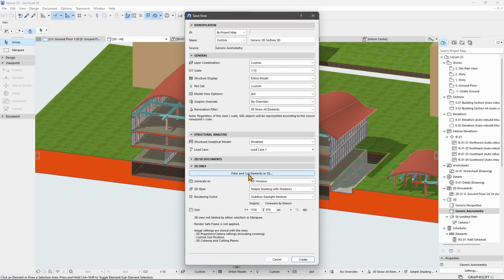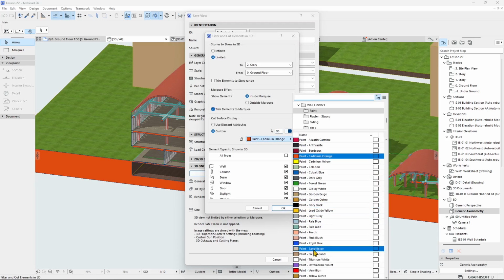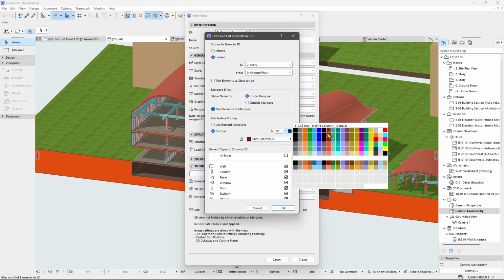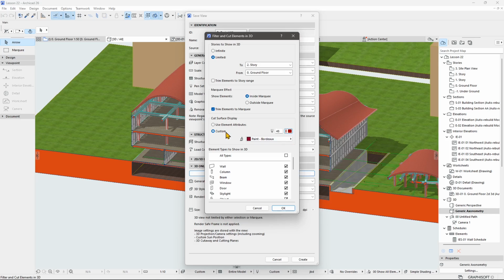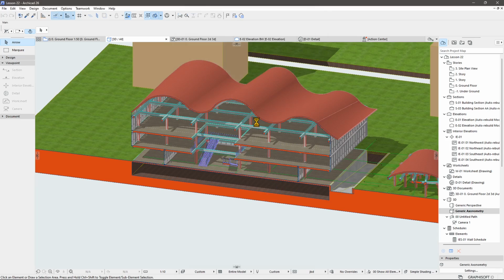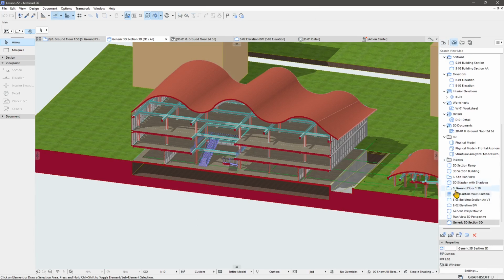And you will have here also the 3D part. So again, we can filter this. Perhaps we can try another color here, like Bordeaux, and you can also change here the pen for the cuts. And again, we can filter whatever we want. So let's create also this other one, and it's updating. There you go. So now I can go in the views and I can choose, for example,